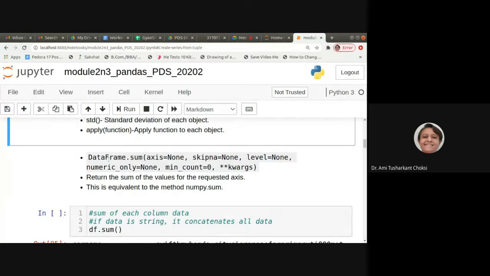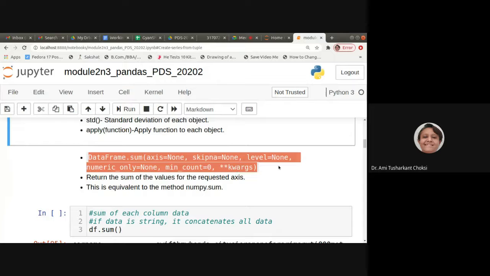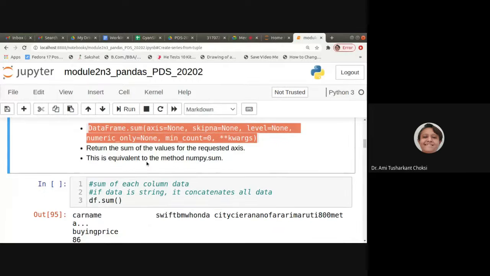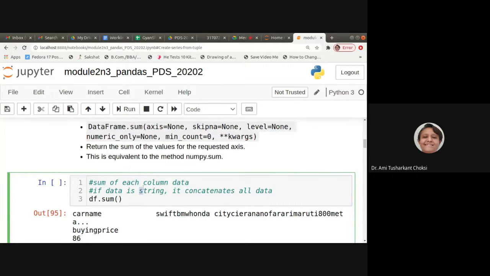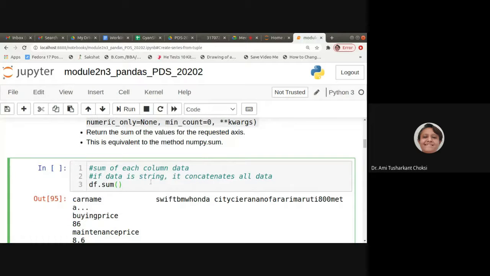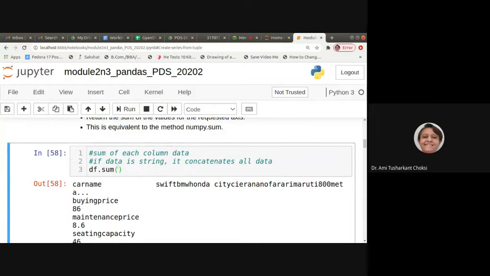So for sum, this is the syntax: data frame dot sum. Let us see the example, df dot sum, right? So what it does, if the data is numeric, it will do the summation. Otherwise, it will concatenate all the data.